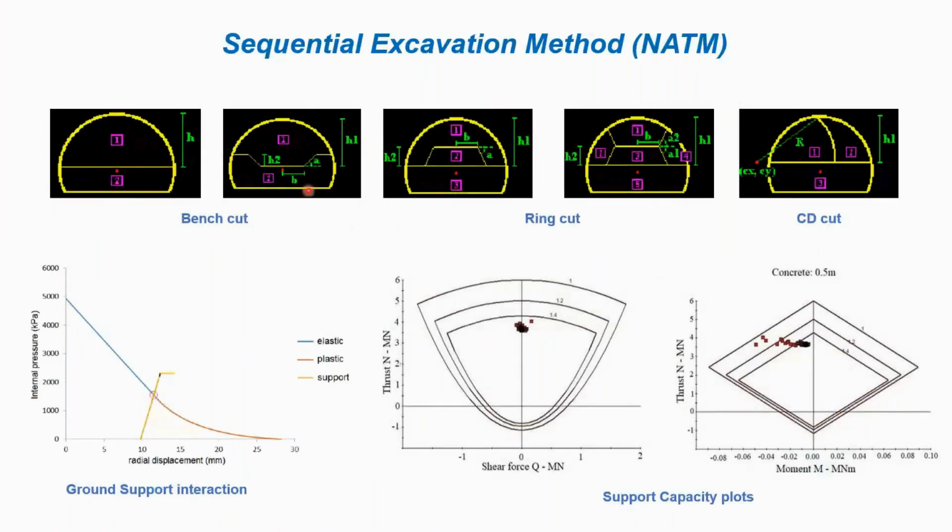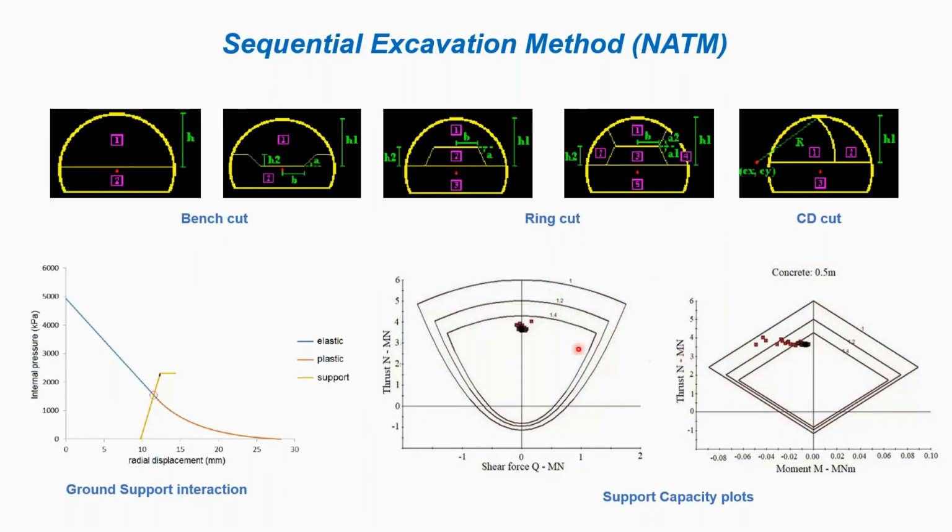So here, as I said, there may be different sequences for the excavation of the tunnel face. As we can see here, like the bench cut, ring cut, and the CD cut method. Now, basically, these different excavation sequences depend on the tunnel size and ground conditions. And after the simulation of this kind of approach in the software, we generally look for these kind of